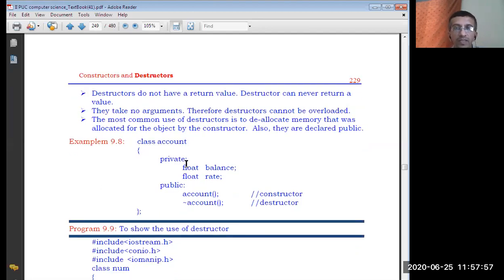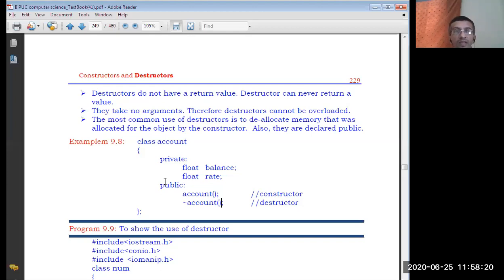It's a member function basically, which is defined within the public section. And it has a tilde symbol in front of that. See, the class account here in the example, the account is a constructor, whereas tilde symbol and account function is a destructor. So destructor also has the same name as that of its class, similar to the constructor.